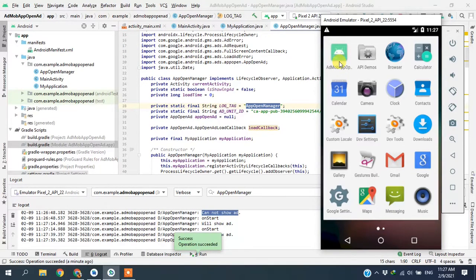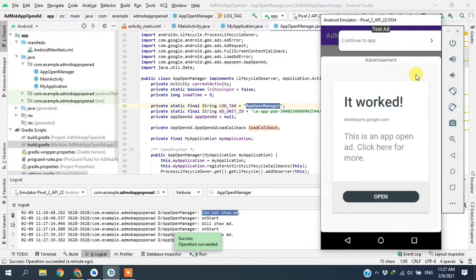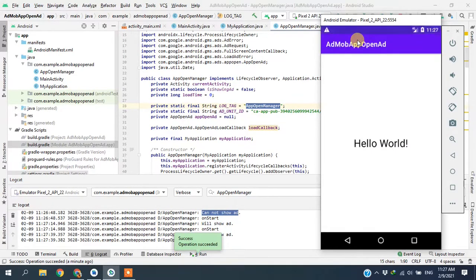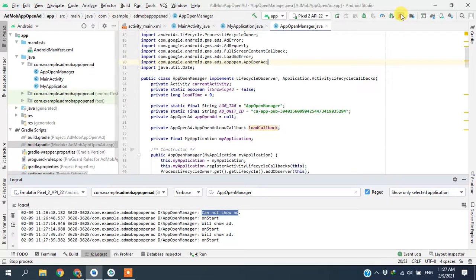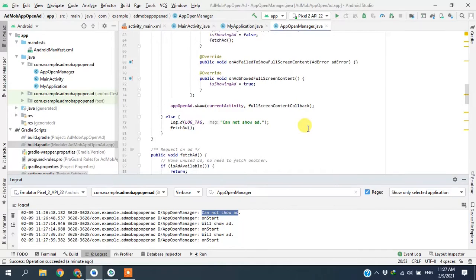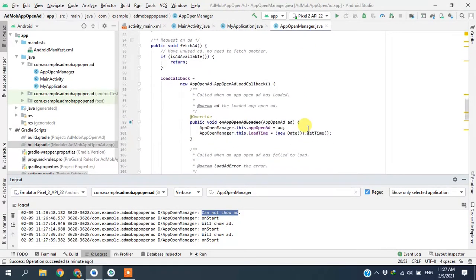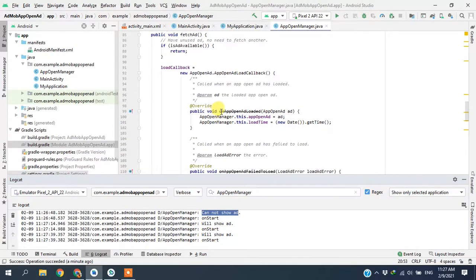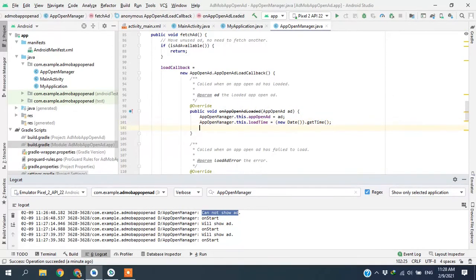Click, open. This is the ad. Continue to the app. I go inside the app. Okay, good. I also can add a tag here in on app open loaded to see when the app is loading. So I'm adding this Log.d like this, with the log tag, and